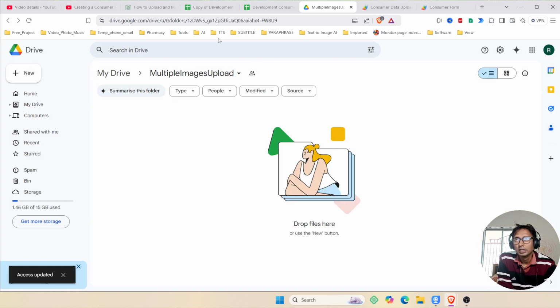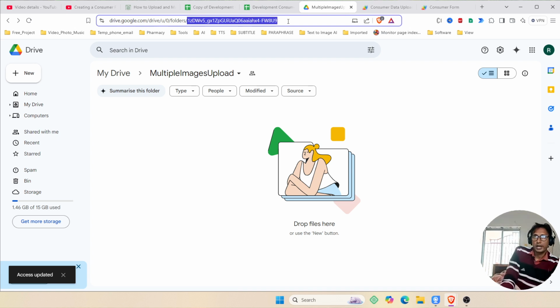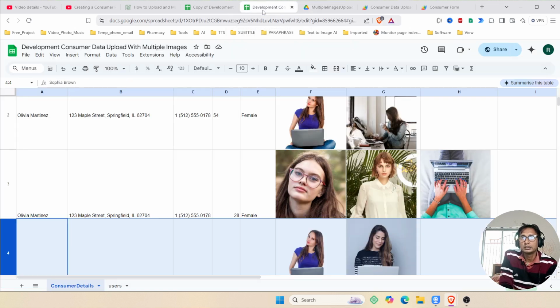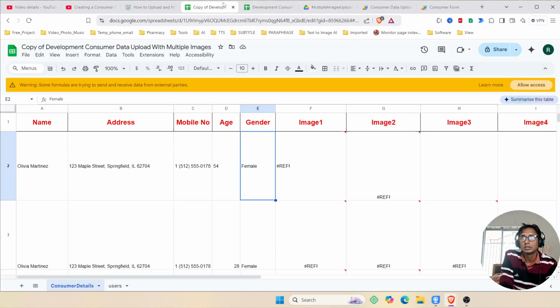So done. Now copy the folder ID from the address bar. This one is the folder ID, so copy this and then go to the Google Sheet, this one,